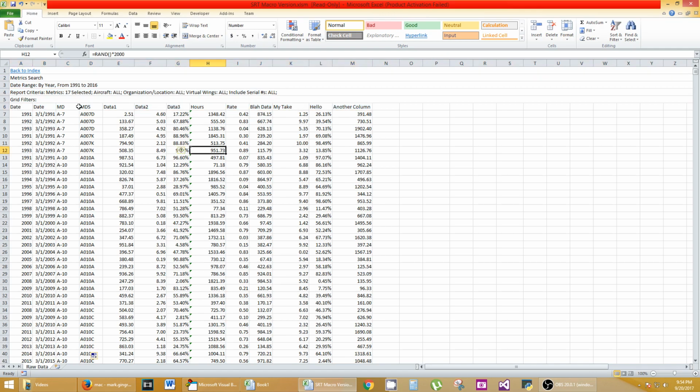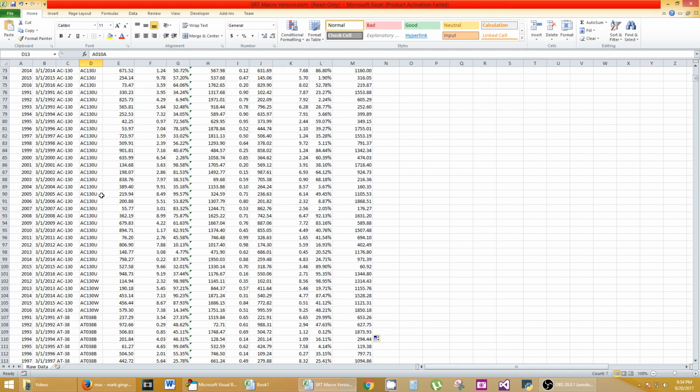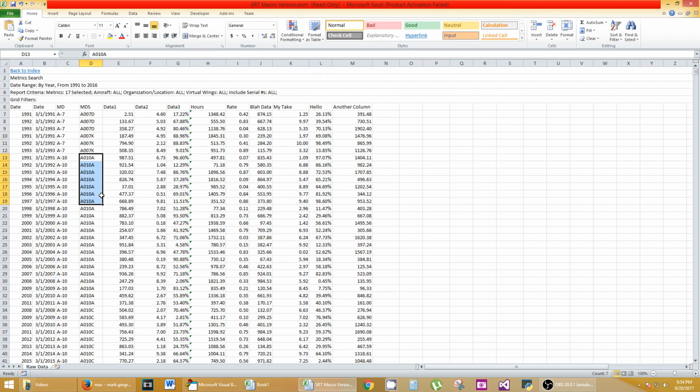Like I'm interested in this MDS data, but only the MDS data that is unique. So these A007D, the A007K, I don't want them together. And you can use pivot tables and other facets to get this done. But what I'm beginning to create, which you can modify or use on your own,